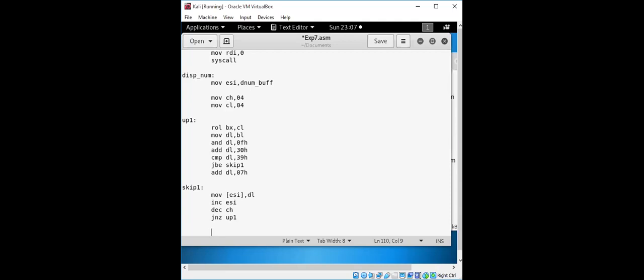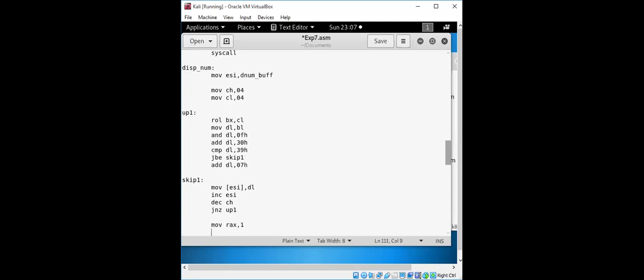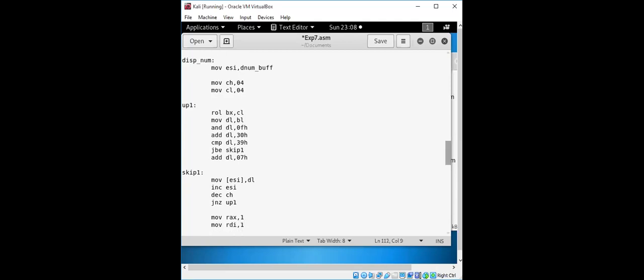After doing that, we need to take all these contents and display the numbers, the final output that we need to display. When we are doing this conversion, we need to check whatever the values are finally in the buffer.